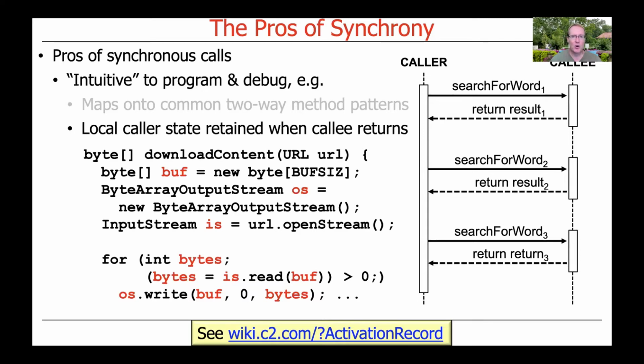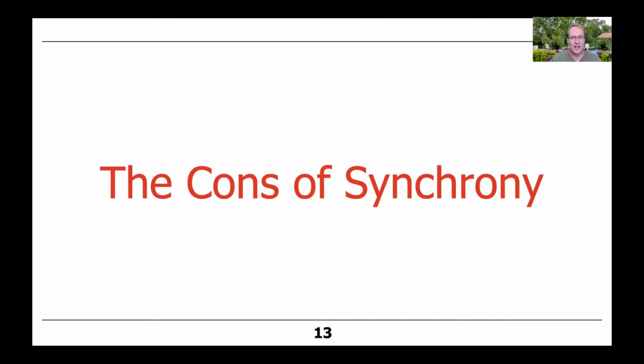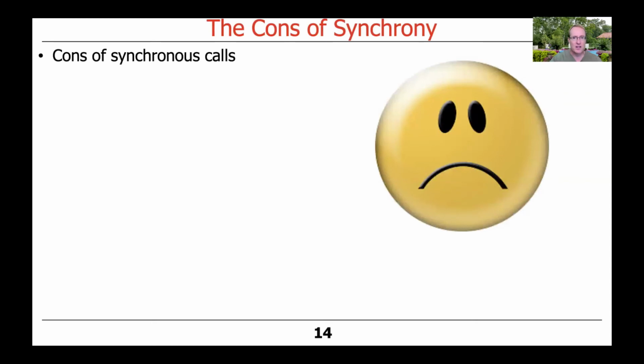So that's all wonderful and nice and magically clean and very, very intuitive, very easy to program. We've done this kind of code a gazillion times. That's the most common way you learn to write code. However, as I always like to say, it's not all unicorns and rainbows, so there are also some cons or